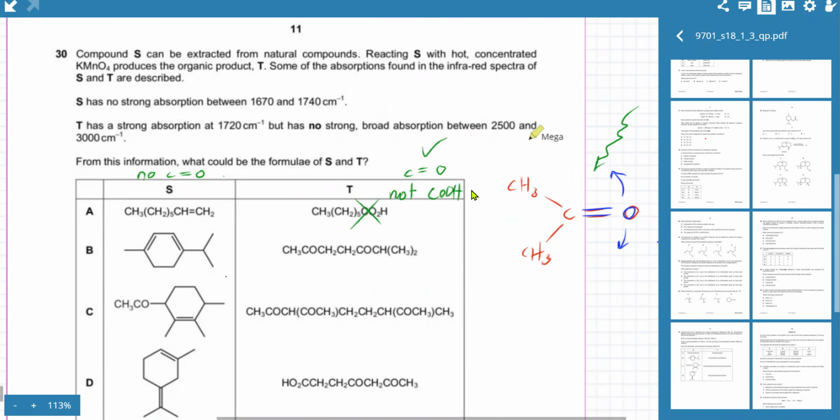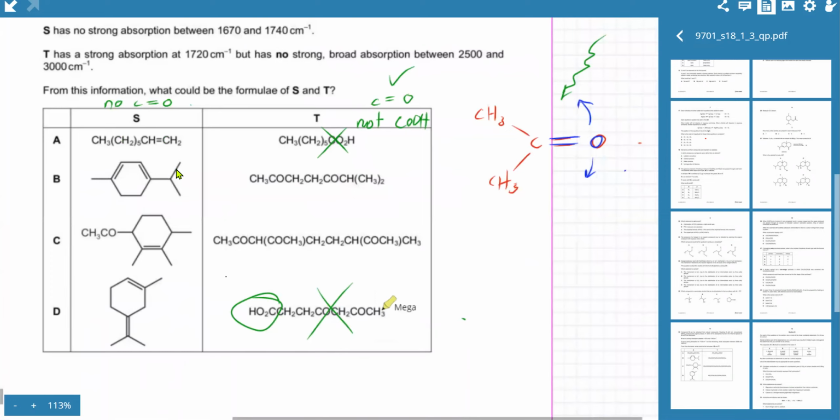So this is gone. Where else do you see a carboxylic acid? This one is a carboxylic acid as well. That's gone. So I've eliminated two of them. And the first one, there's no C double bond O. Over here, there is a C double bond O. So we can get rid of this one as well. So without even solving the question, what is the correct answer? The only option left is B. That's the only option that we have left over here.